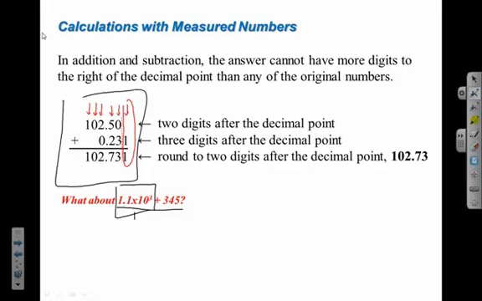So 1.1 times 10 to the third is 1,100. Here I'm putting these two zeros in there as placeholders, but I know they're not significant. I've got to keep that in mind. This number came from one that only had two significant figures, so only these two columns have significant figures. Then I'm going to add that to 345 in my calculator,